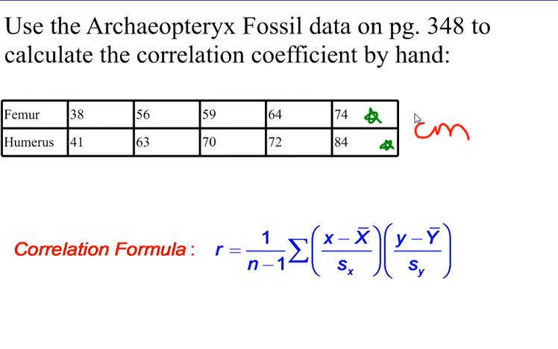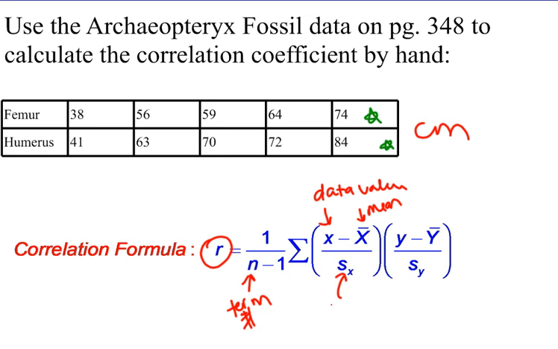The formula here is R equals 1 divided by n minus 1. Remember, n is your term number. In this case, we have 5 values, so our term number would be 5. And then it looks like here we have the data value minus the mean. Remember, x bar is the mean, and then divided by the standard deviation. That sounds like standard score, doesn't it? That's how we find the standard score. So we'll do that for the x's and the y's, and then we multiply them, add them up, and go from there. We're going to do all of this by hand, just to make sure we understand where these